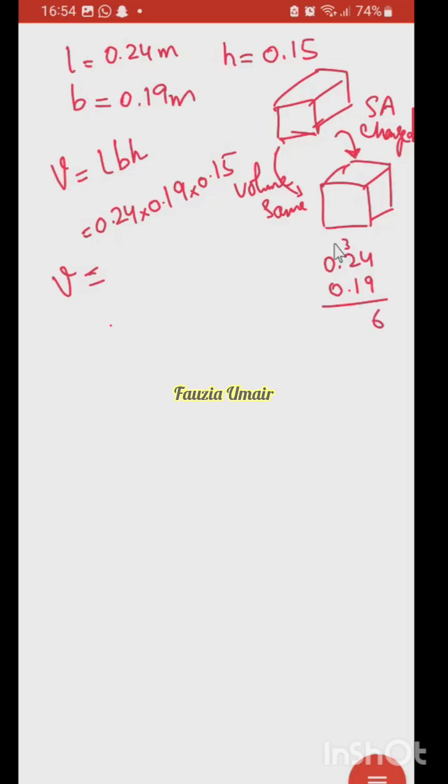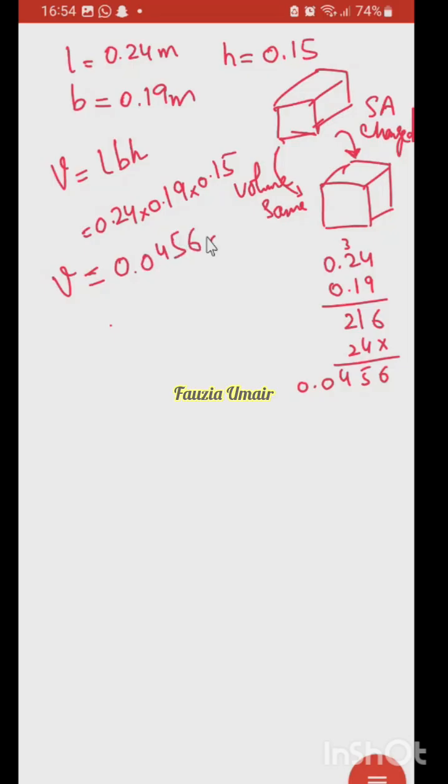9 twos are 18, 21, so 24. And we will just write down the answer. Now tell me how many decimals we need to put: 4 decimals plus 2. So there are 3 digits, so I will put a 0 and then the decimal will come. So the answer would be